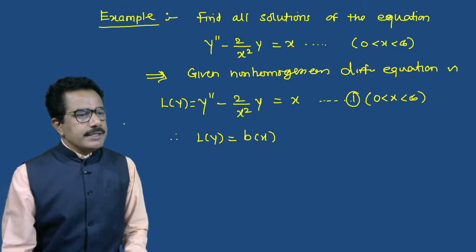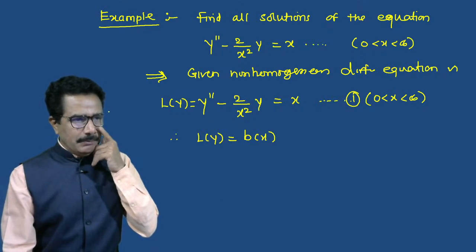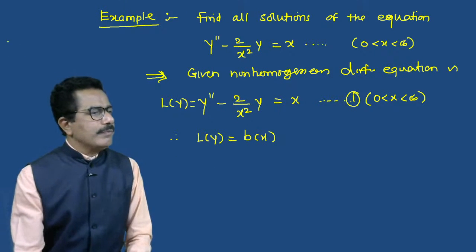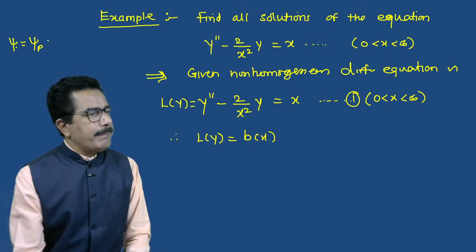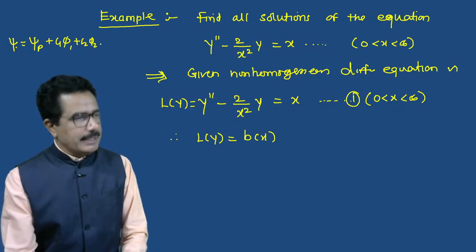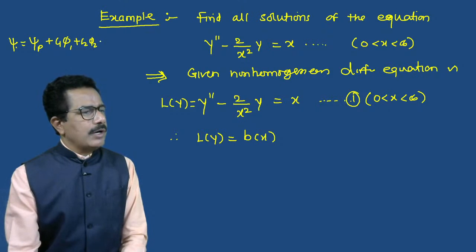देखो अभी क्या करना है, इसका solution किस तरह से होता है. देखो, the solution of this differential equation is in the form psi is equals to psi p plus C1 phi 1 plus C2 phi 2, मैं थोड़ा आपको डॉट डॉट डॉट प्लस CN phi n, इस तरह से इसका सॉल्यूशन होता है स्टूडेंट्स।